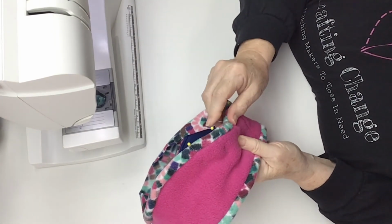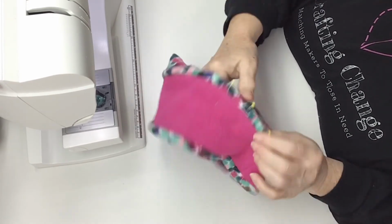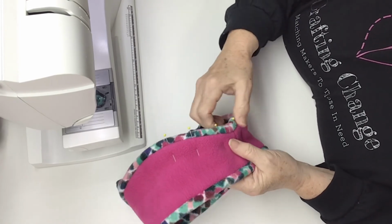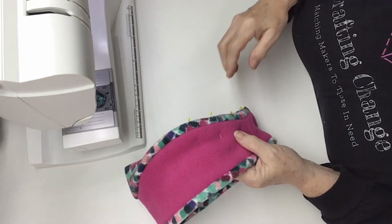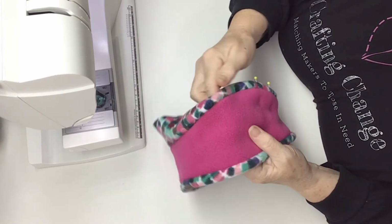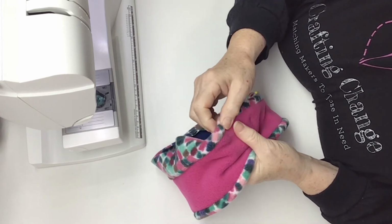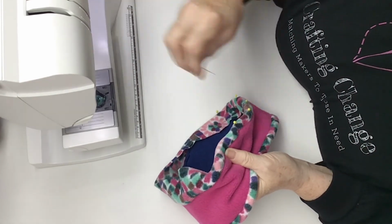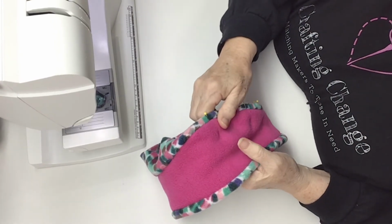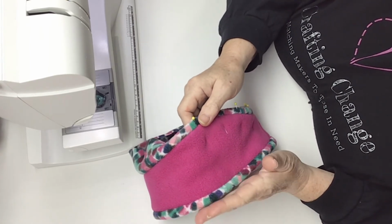And I'd just like to check to make sure that I don't have this wrinkled up. Make sure that's nice and flat. And while you're doing that, every once in a while, just check for consistency to see if you've got the same width pinned around your band. So continue in this manner until you've got both the top and the bottom